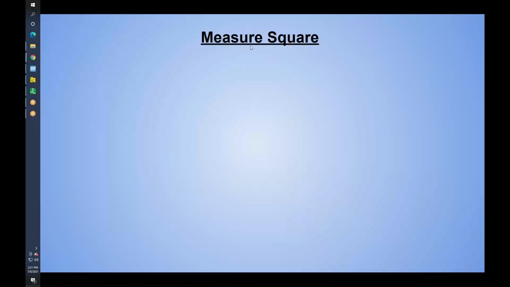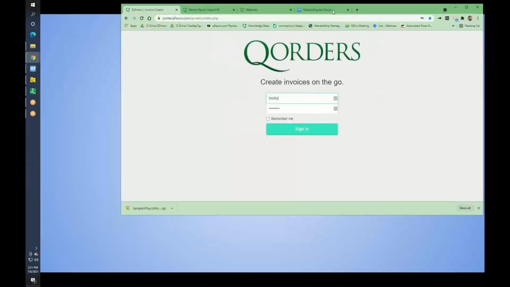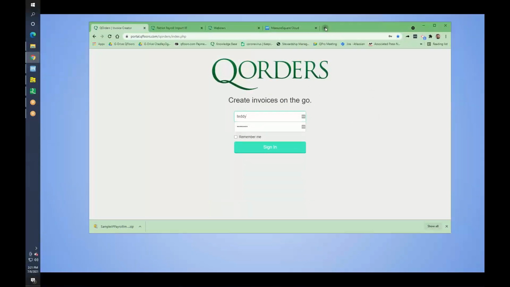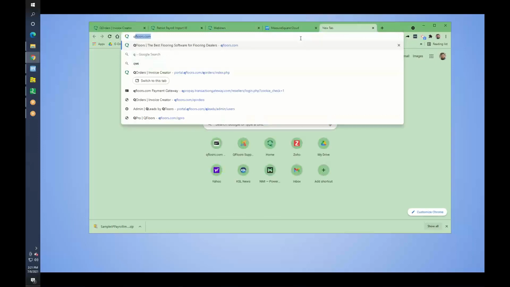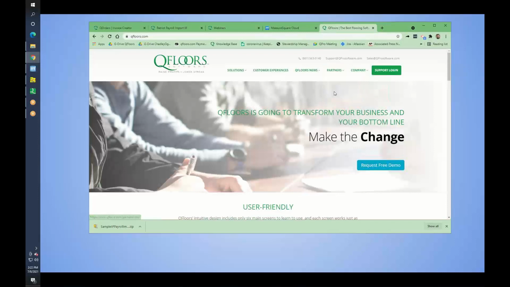Okay, let's talk about Measure Square here for a second. This is a program that's really popular, so we're going to spend a little bit more time on it. By the way, before we hop off of B2B, I just wanted to call everybody's attention real quick that if you go onto our QFloors website and go to partners here,